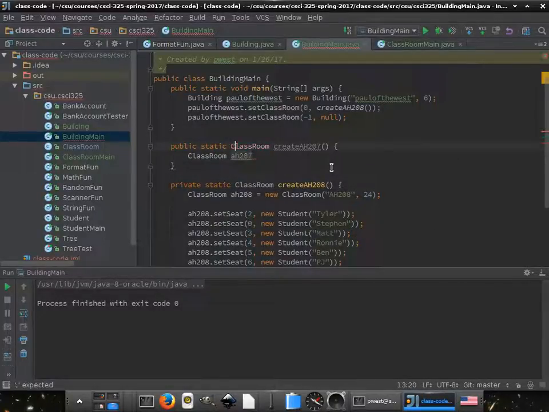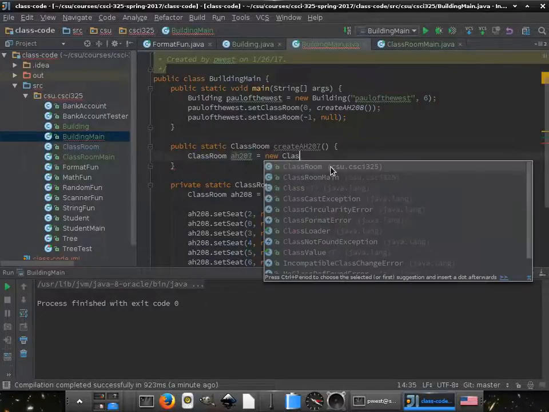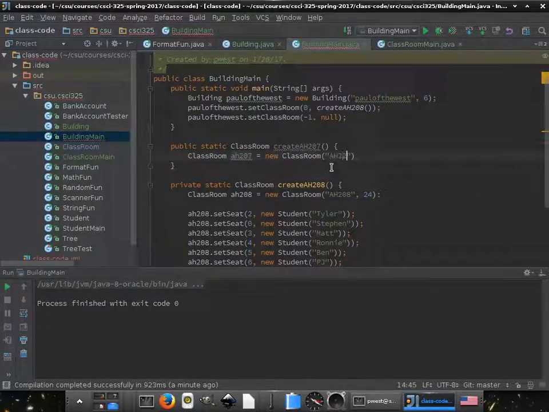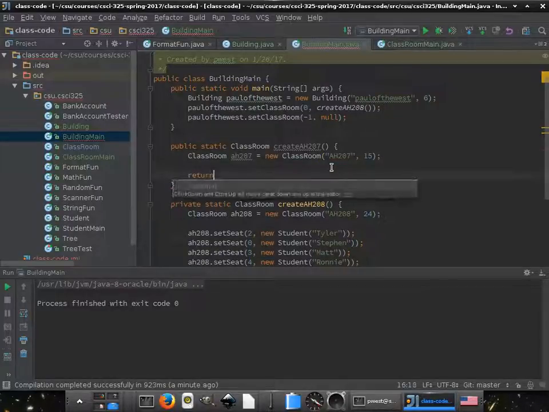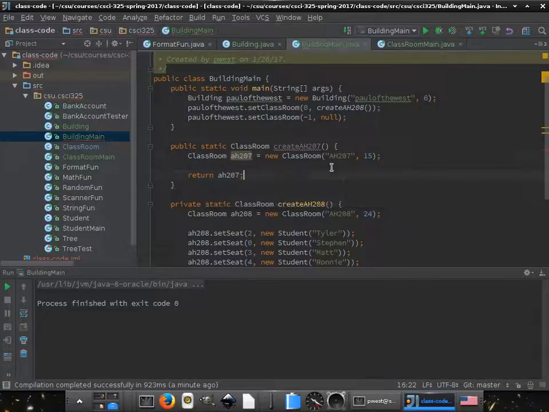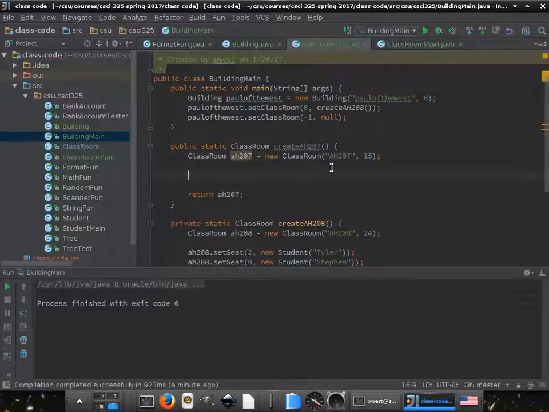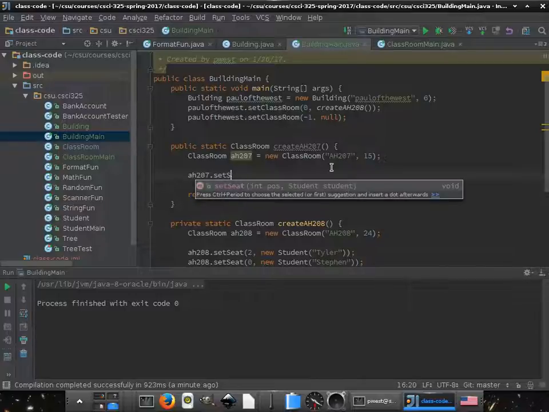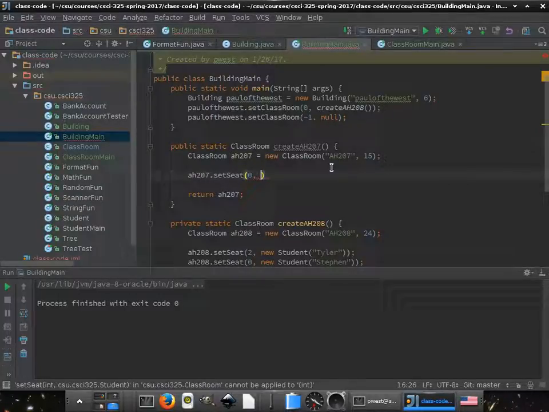Make sure I spelled classroom correctly. Equals new Classroom AH207. And I think there's 15 seats in there. And I'll have it at the end return this AH207 object we've created. All right. AH207.setSeat 0, new